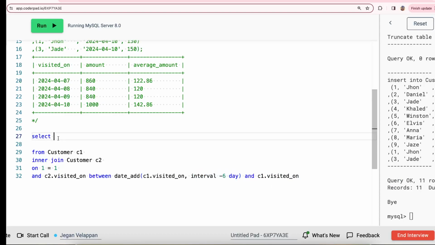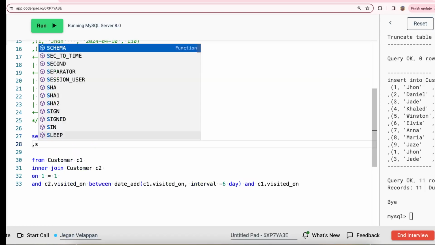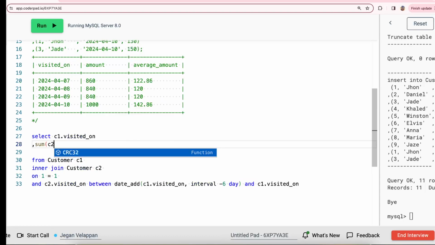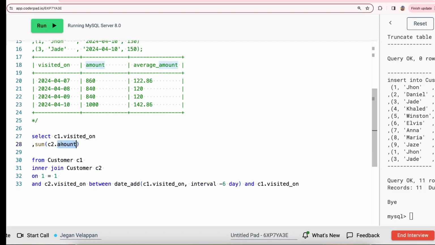So what we need is C1.visited_on, and then you get the sum of C2.amount. So C1 will be the primary table. C2 will get all the records between that date. So we get the C2.amount as amount,